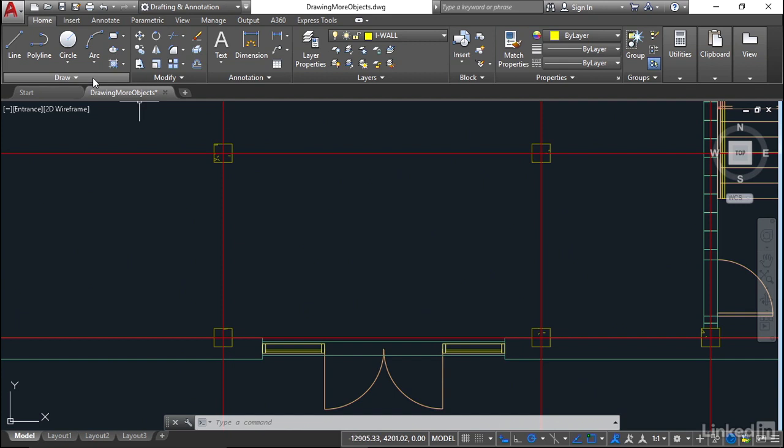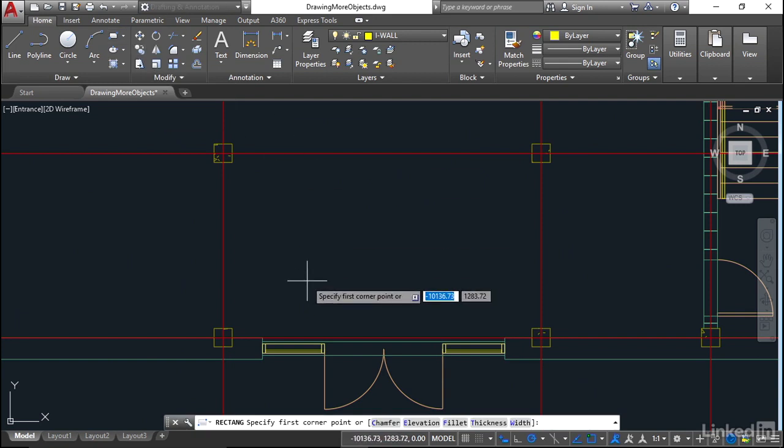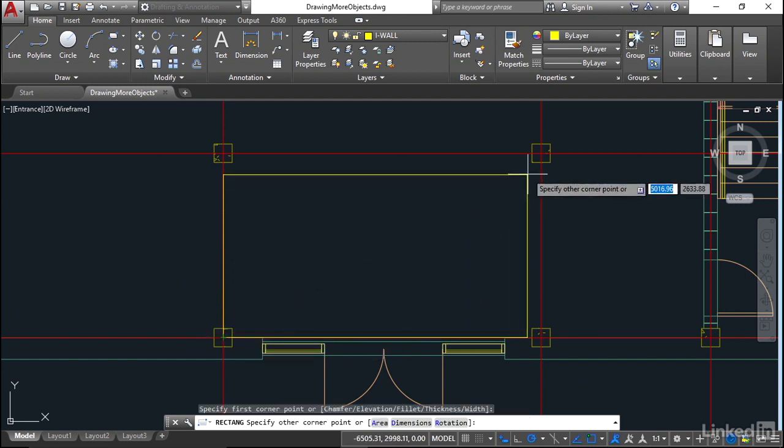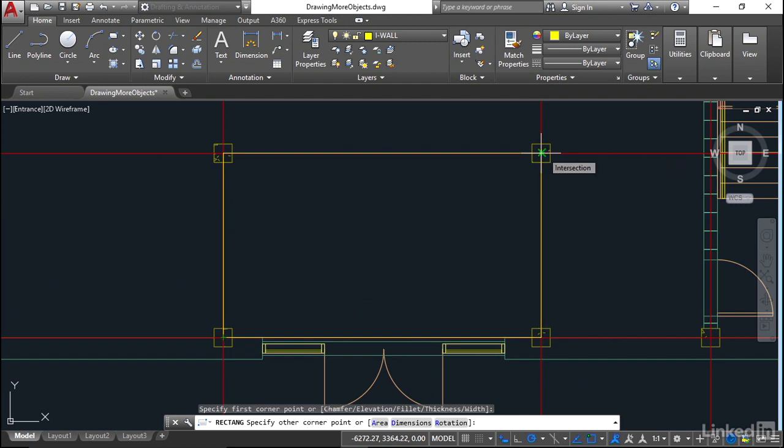So that's on the Draw panel on the Home tab on the ribbon. Click on the flyout here and there's Rectangle there. Click on Rectangle and what we'll do, we'll utilize the grid line intersections. So there's an intersection there. Make sure your intersection snap is on. And as I drag the rectangle, I'll go to this intersection here like so. And there's our rectangle just representing some internal walls there that might start to be drawn for the entrance hall